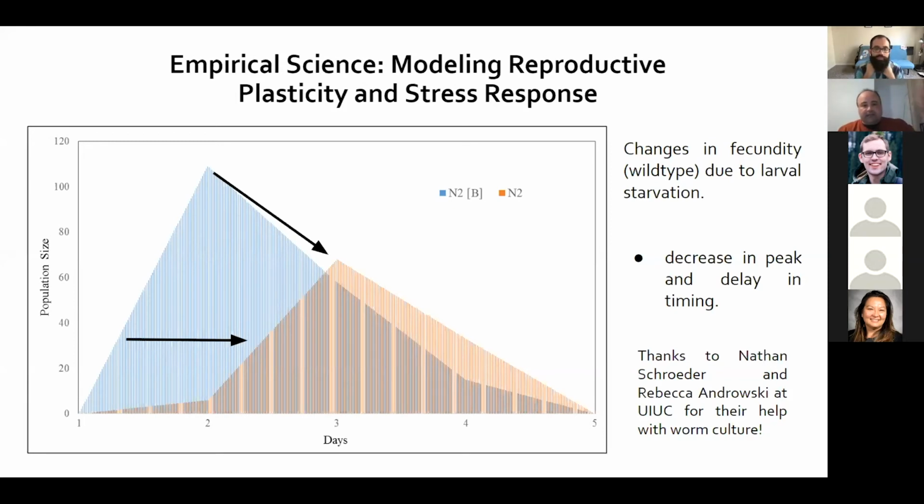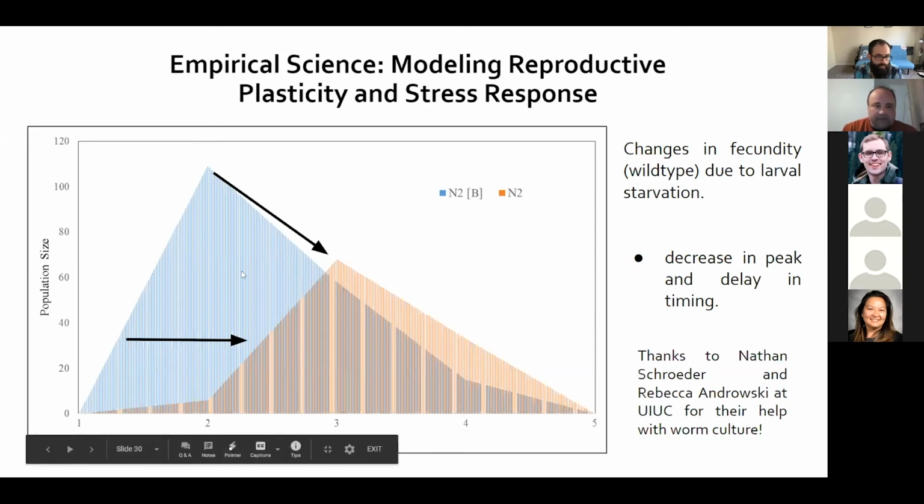And so when you take them out and put them on a plate, at L1 stage after they've hatched, they start to grow, but they grow at a different rate. A lot of things happen, and they've had to put a lot of their energy into surviving. A lot of things happen in their lifetime that are far different from, say, a wild type or one that hasn't been treated. So in this case, we're using a wild type N2 worm, and this is the case where the worm has not been starved.